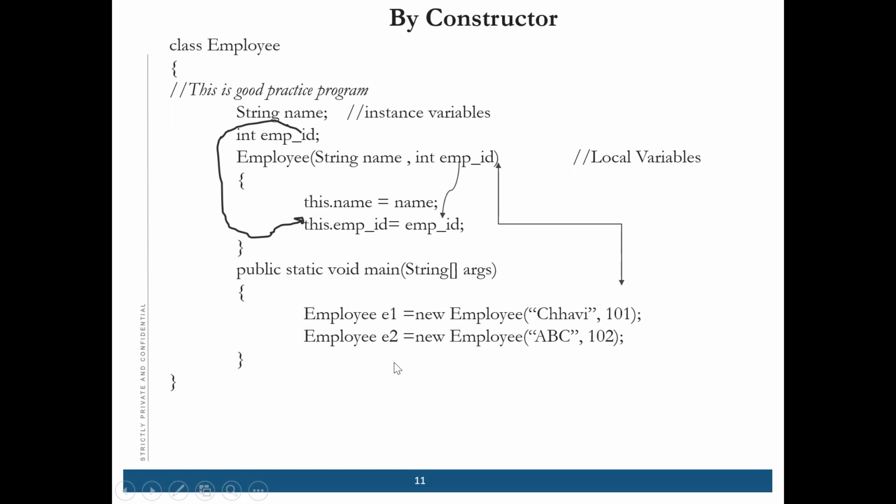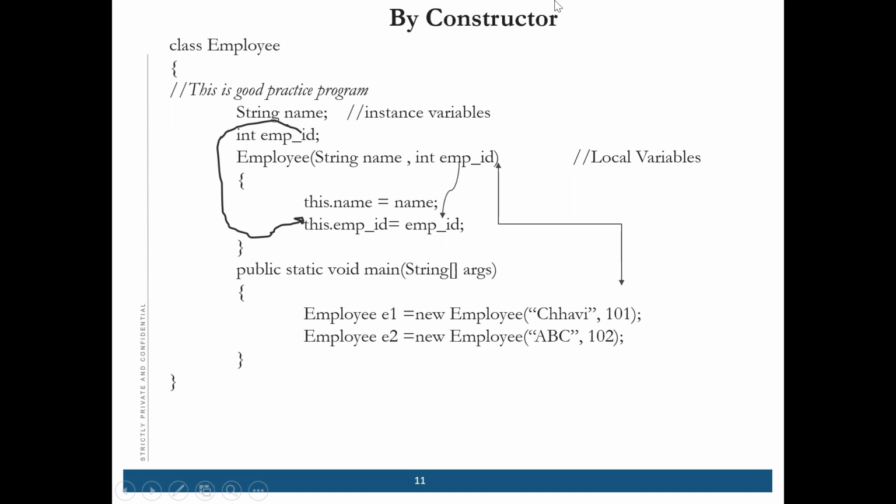So what is the use of this here? We will learn about this keyword in a later class. This is a keyword. This dot name equal to name. Why are we using this? Anyone? Because we are assigning the local variable to the instance variable, and the names are the same for both the global and local variables. Correct.